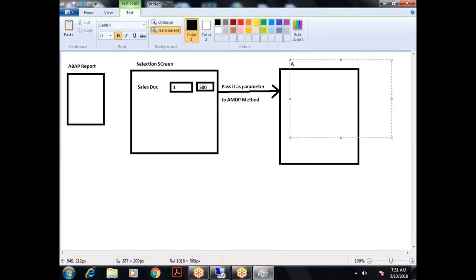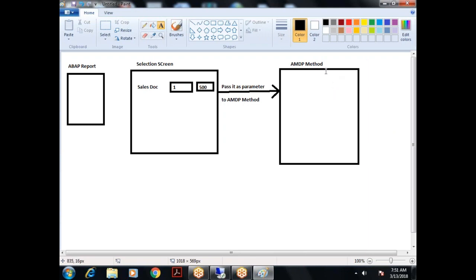This AMDP method has to push this entire business logic into the HANA database, right? So code pushdown: you have to push the entire business logic to the HANA database